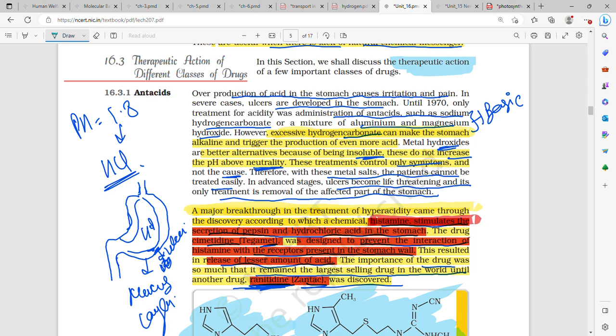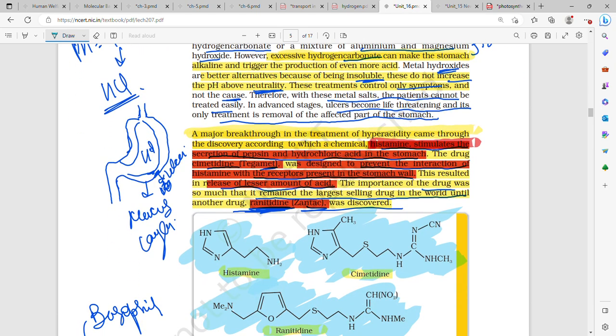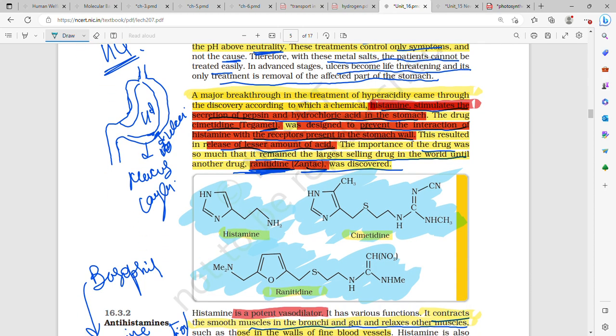So therefore, a major breakthrough was required and much needed in the treatment of hyperacidity, and it came through a discovery according to which a chemical, that is histamine, which we know is a vasodilator, as well as causes inflammation in our body, that is allergic symptoms and all. It basically used to stimulate the secretion of pepsin as well as hydrochloric acid in the stomach,